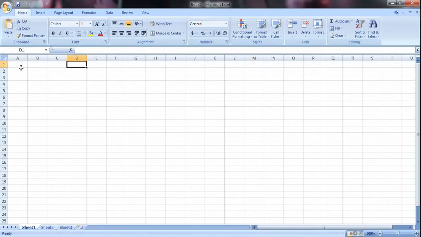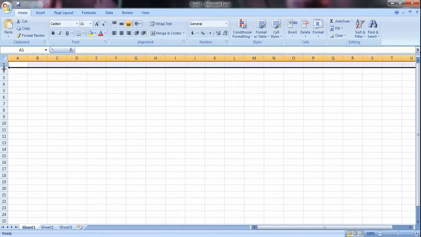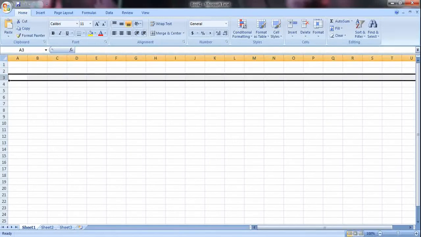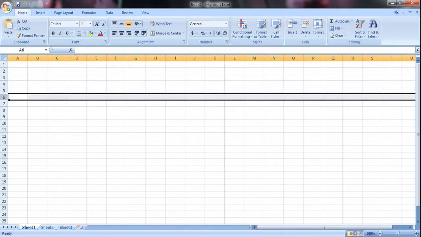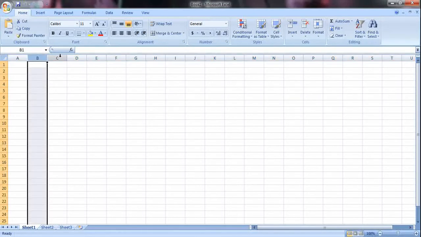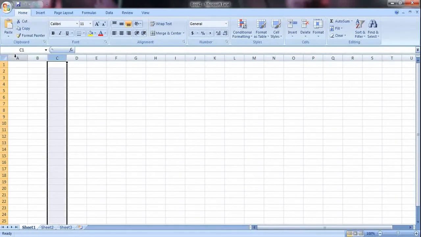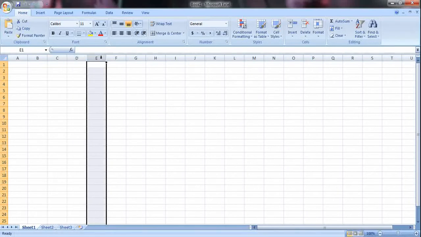Children, every MS Excel sheet consists of different rows and columns. Now here if you see these horizontal lines which are represented by numbers, they are called rows. So horizontal row. In short, you can remember as HR, horizontal row. And then these vertical sections which you see here, they are columns. So column names are given with alphabet and the row names are given with numbers.